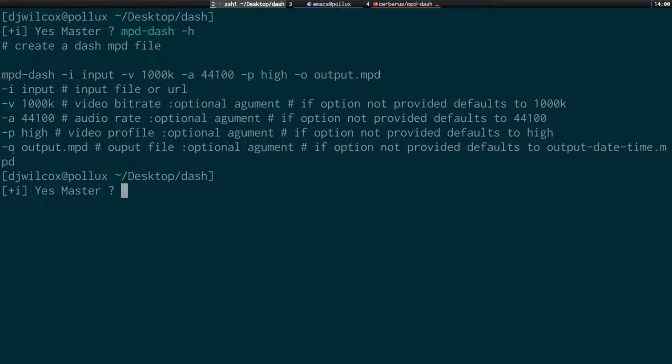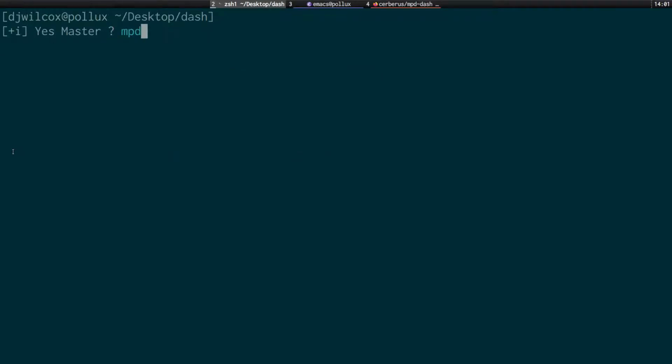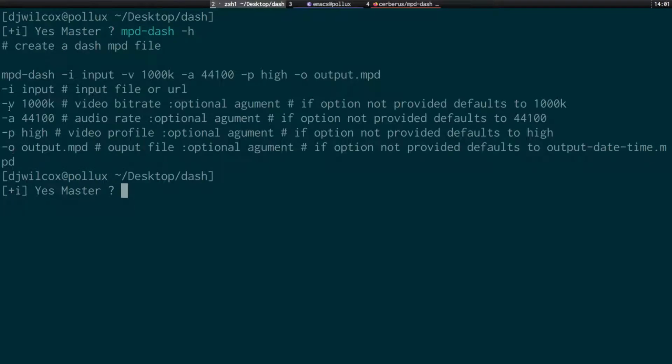So we're going to run mpd-dash. So we've got -I, -V, -A, -P, -O. So mpd-dash, we're going to give it the input file. We'll set a video bit rate to say 2000. I like to put stuff in single quotes. So that's single quotes. We'll set the audio rate to